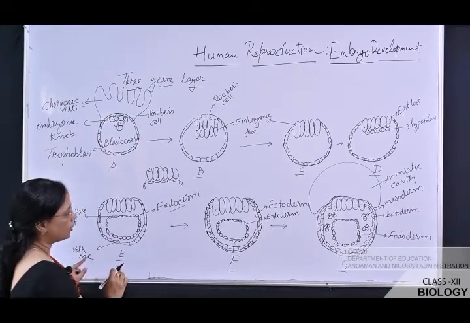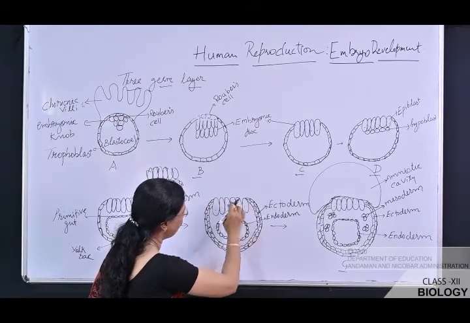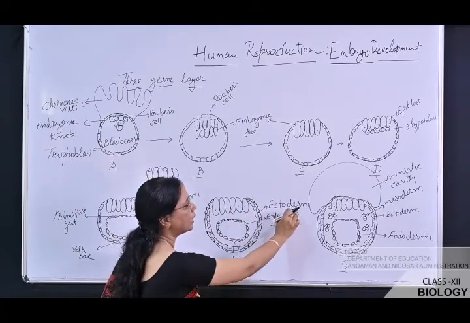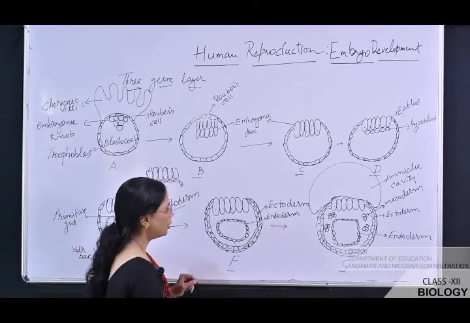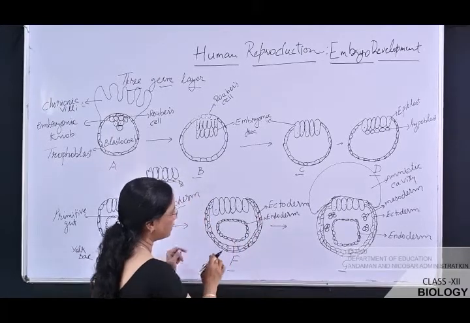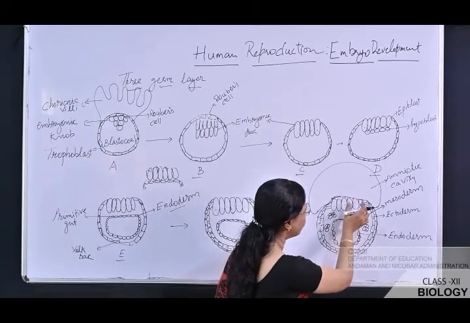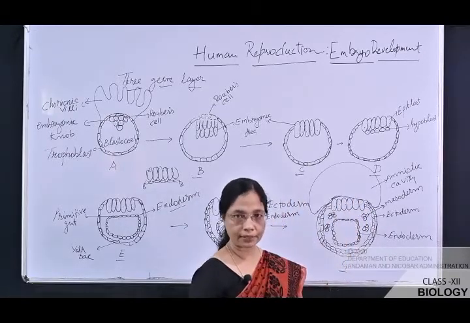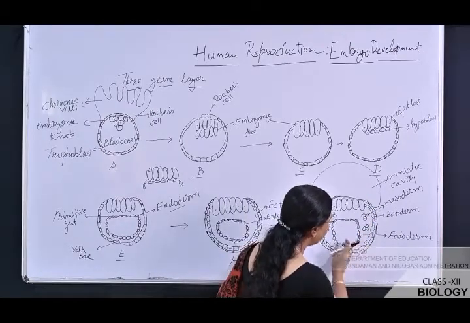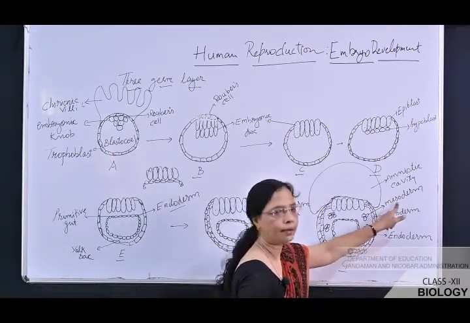Then what happened? You can see this embryonic disc. Again the peripheral region divides from both the directions, lining the trophoblast, making an ectoderm. So now you can see here endoderm and ectoderm. And what happened next? Next, the remaining part of this embryonic disc divides and proliferates in the form of lumps. It is detached to the middle portion, that is between endoderm and ectoderm, forming a mesoderm.